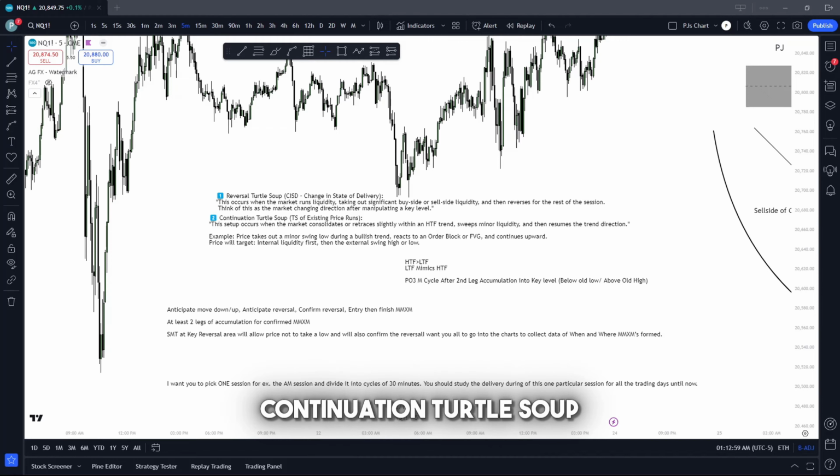For our continuation turtle soup, this setup occurs when the market consolidates or retraces slightly inside of the high time frame trend, sweeps a minor liquidity level, and resumes the trend direction. This was often seen as an internal to external liquidity grab, and we will show this inside of our market maker model because all of these concepts are key to understanding how we can find our true draw on liquidity, understanding the manipulation behind power of three, and overall understanding how you can catch the entire buy side or sell